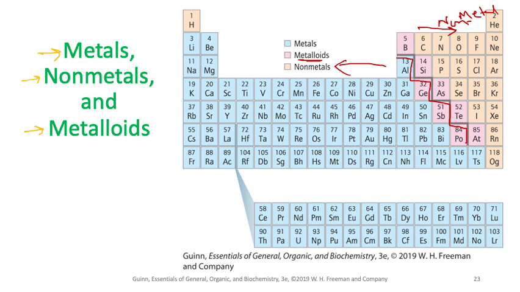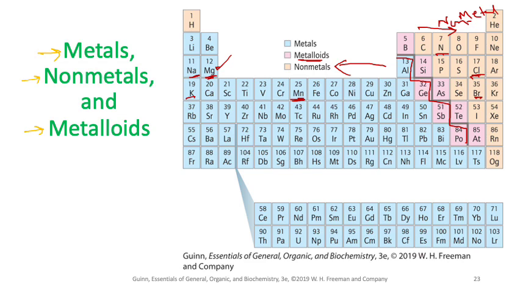So if I say magnesium is a metal because it's placed on the left hand side. If I say manganese, Mn, metal. Potassium, metal. Sodium, metal. If I say chlorine, which is placed on the right side of this line, chlorine is a non-metal. Bromine is a non-metal, right? If I say nitrogen, a non-metal. So this is how you can figure out whether the given element belongs to the metal category, non-metal, or